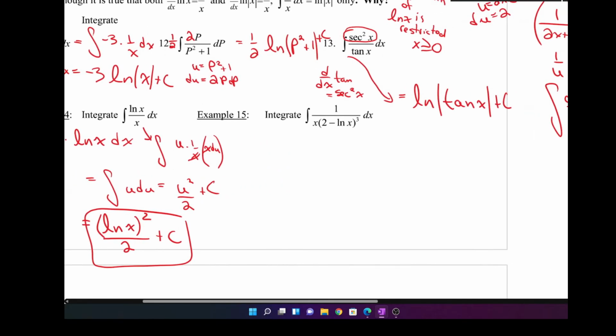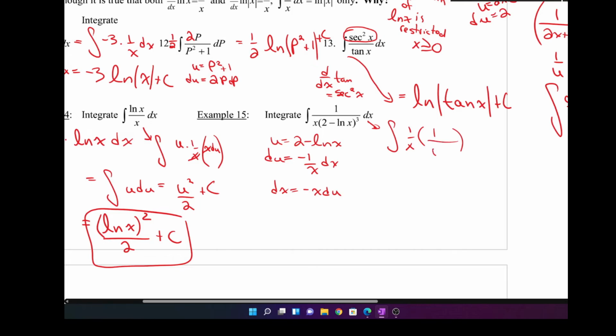All right, same thing's happening over here. I'm just saying that u equals 2 minus the natural log of x, and so du equals 1 over x dx, and make that negative, please. And then I'm going to multiply by x on both sides, so dx will equal negative x du. And so then I'm going to say that this is really the integral of 1 over x times,